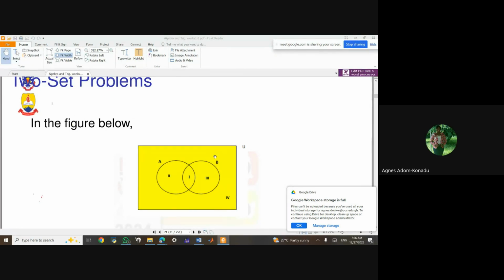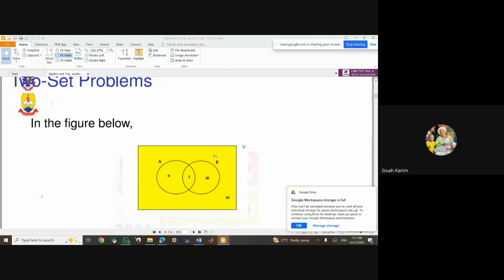Okay, so this means that it cannot be A difference B only, because this is the universal set of parts. Yes, please. I don't know if our brother has gotten what we are saying. So, madam,